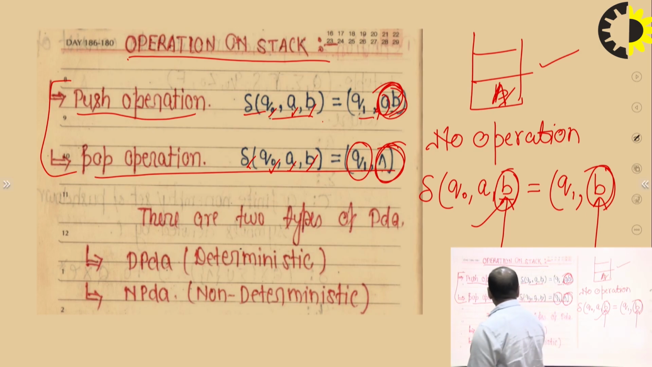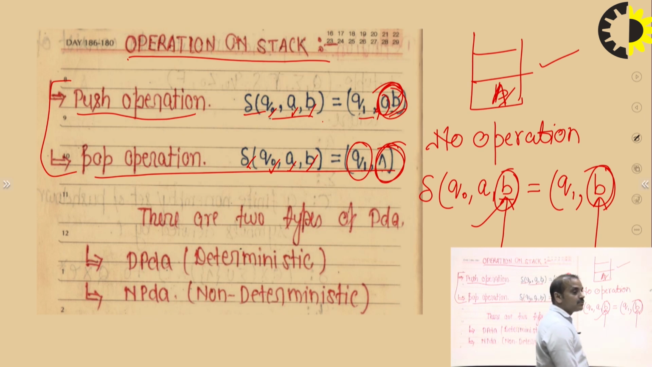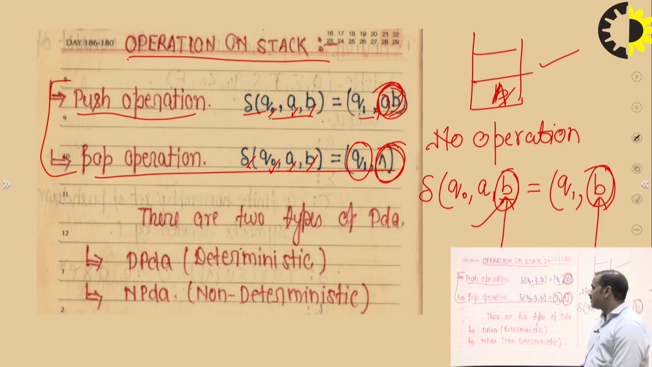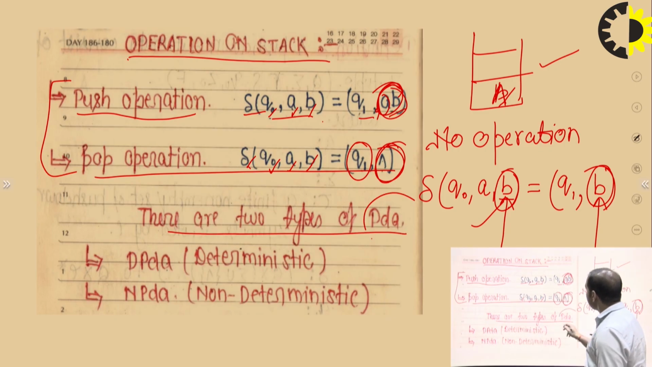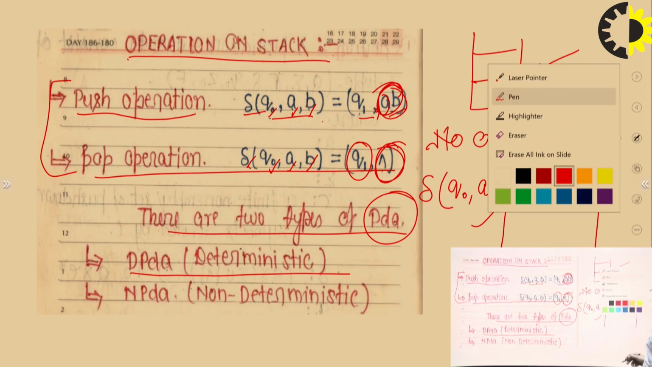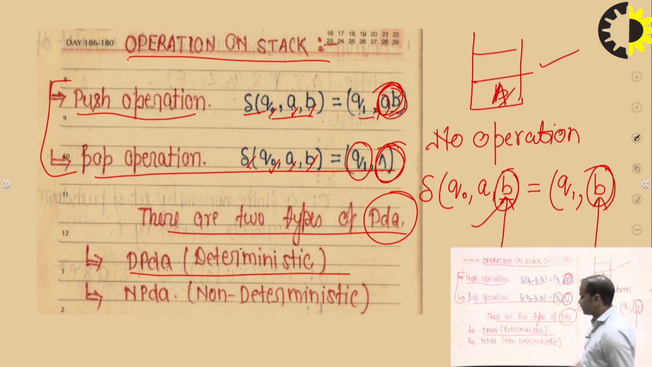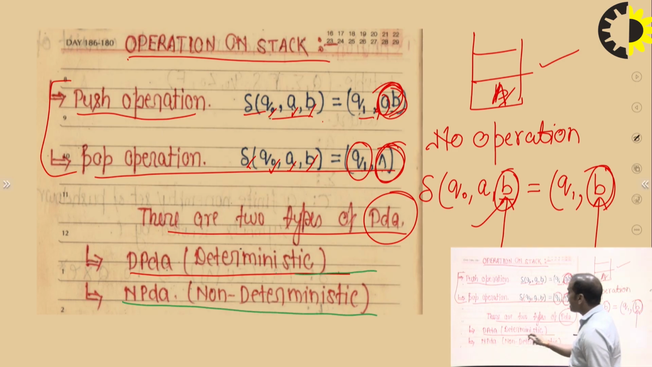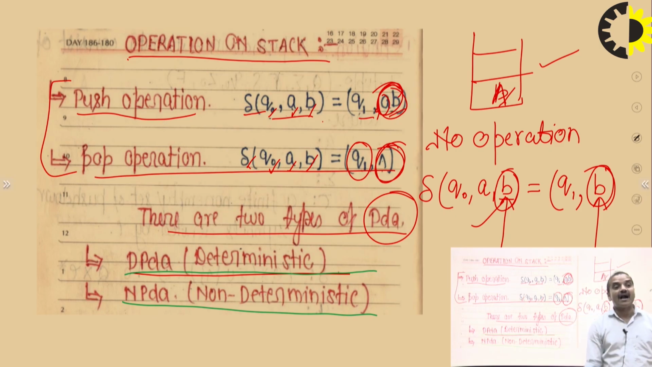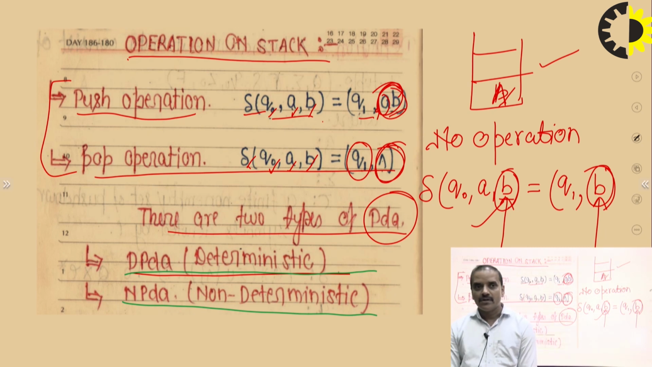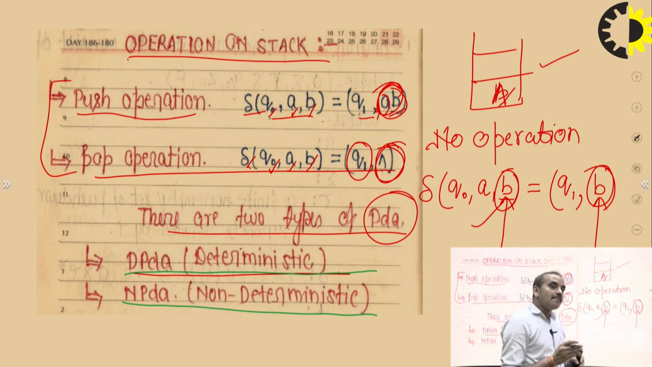Now, the next topic is how we have to declare that the language is accepted, or the PDA accepts the given automata. Before this, we have to discuss the types of PDA. PDA are of two types. The first one is DPDA, deterministic PDA, and the second one is non-deterministic PDA, NPDA. How do we decide which question is of PDA or DPDA and which is of NPDA? If the middle term is identified,